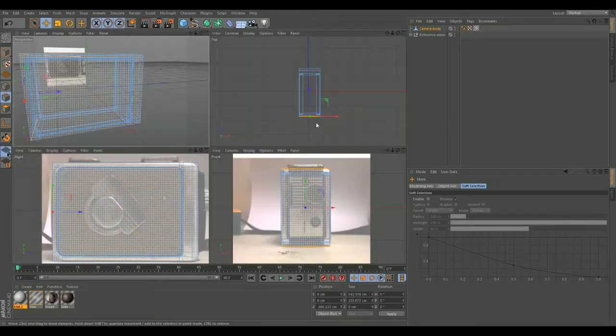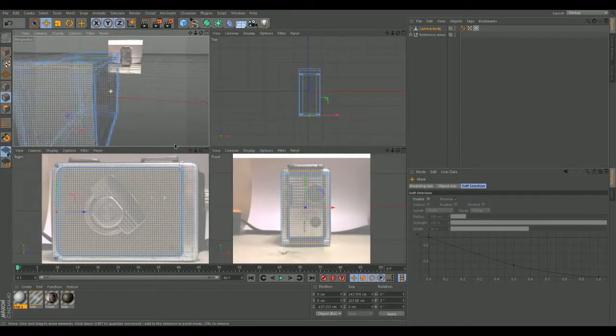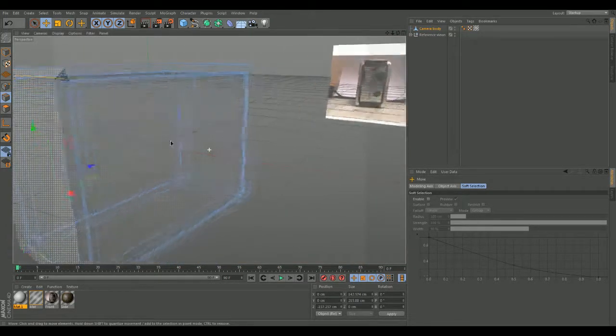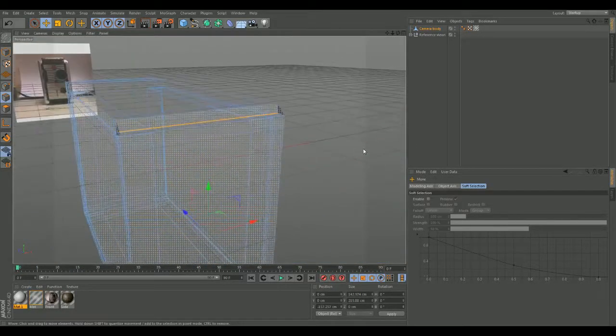Okay, so we got these, and I'm going to get a scale, and bring it down just a little bit. And then I'm going to get my translate out, alright, and there we go, we got that working. Now we do see some weirdness going on with this object as it is. Probably because I probably could have got,